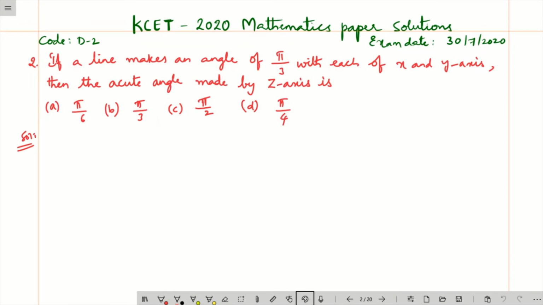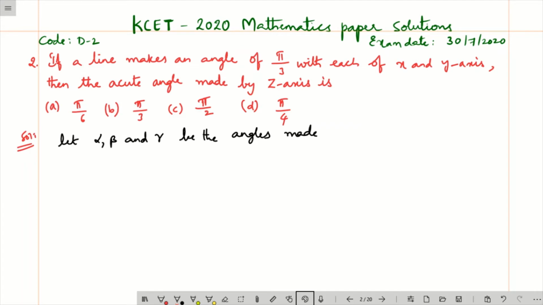If a line makes an angle of pi by 3 with each of the x-axis and y-axis, then what is the acute angle made by the z-axis? So he is asking about a line which makes an angle of pi by 3 with each of the x-axis and y-axis. It means the direction cosines are given here. So let alpha, beta and gamma be the angles